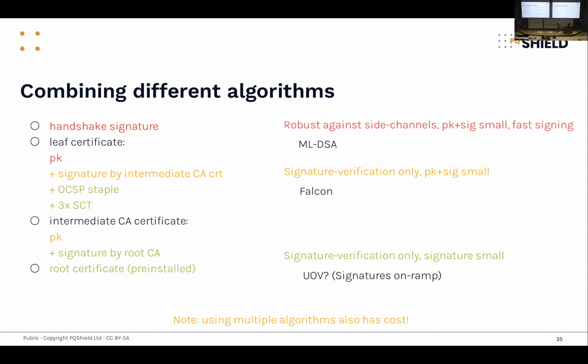So maybe we're tolerant to algorithms where the signatures are very small, but the public keys are very big. UOV is an example of this, obviously. We can just pre-install those 300 kilobyte public keys, or whatever the size is of the latest variant. And we don't need to transmit them anyway. We could just include them with the software. Maybe this works. But